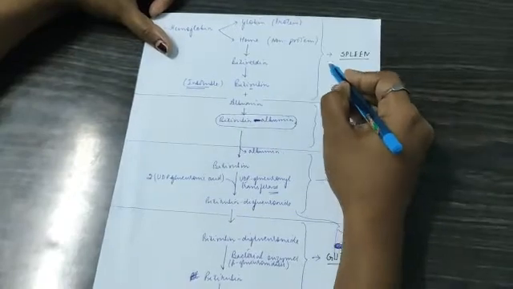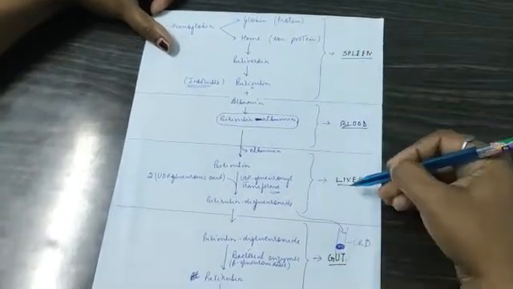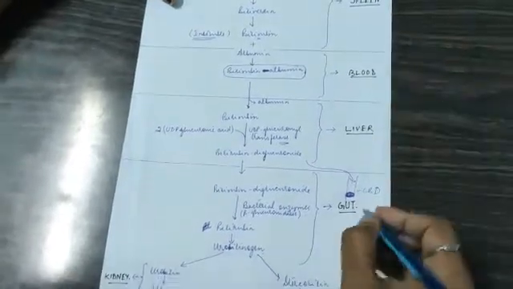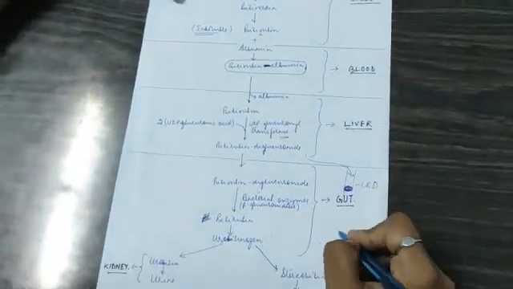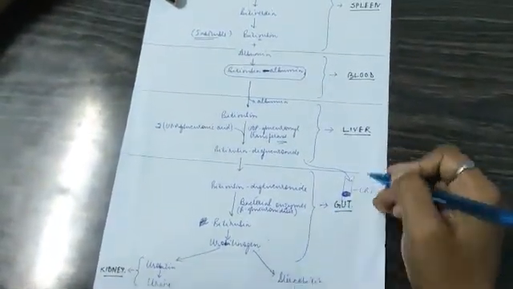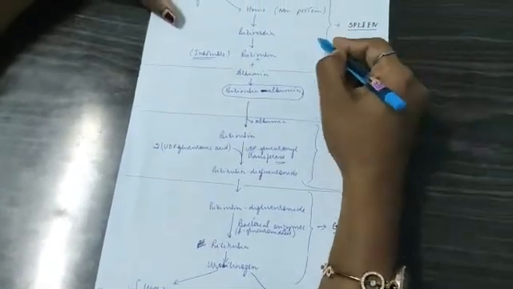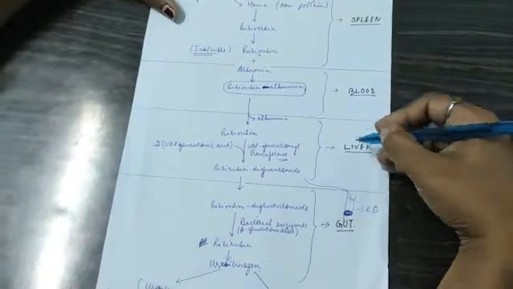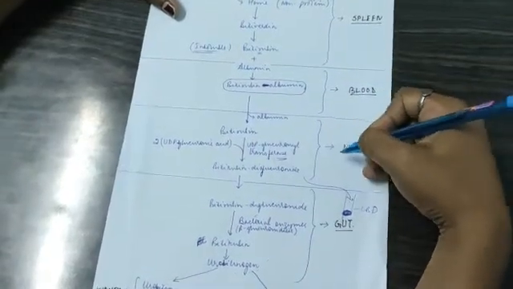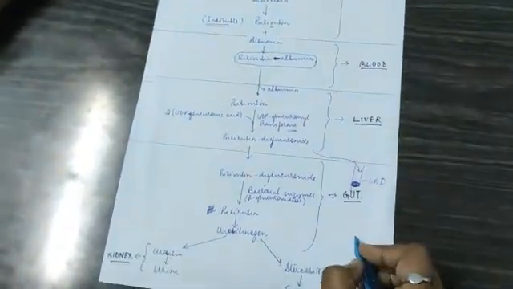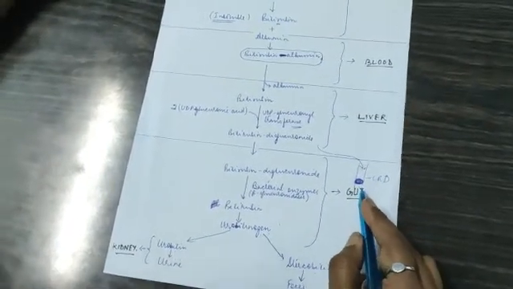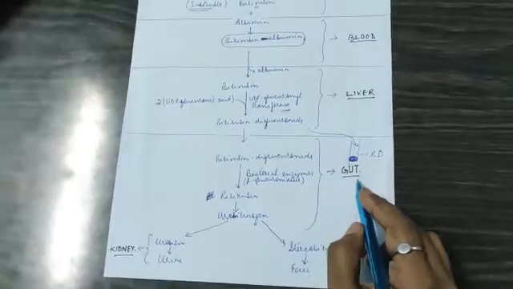In pre-hepatic jaundice, we get unconjugated hyperbilirubinemia. In hepatic jaundice, we get both unconjugated and conjugated hyperbilirubinemia, and in post-hepatic jaundice, we get conjugated hyperbilirubinemia. The causes for pre-hepatic are malaria, sickle cell anemia, spherocytosis. For hepatic jaundice, it is cirrhosis, viral hepatitis or carcinoma of the liver, and in post-hepatic jaundice, it is gallstone or tumor of the common bile duct or any stricture in the common bile duct.